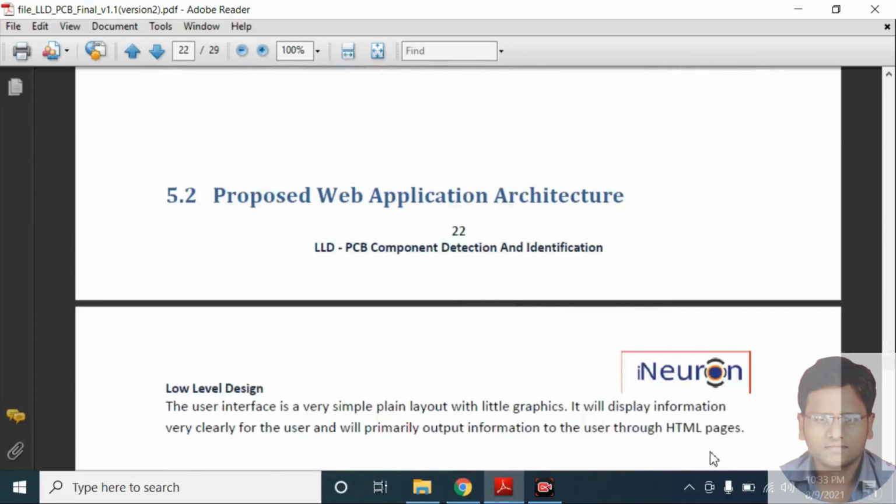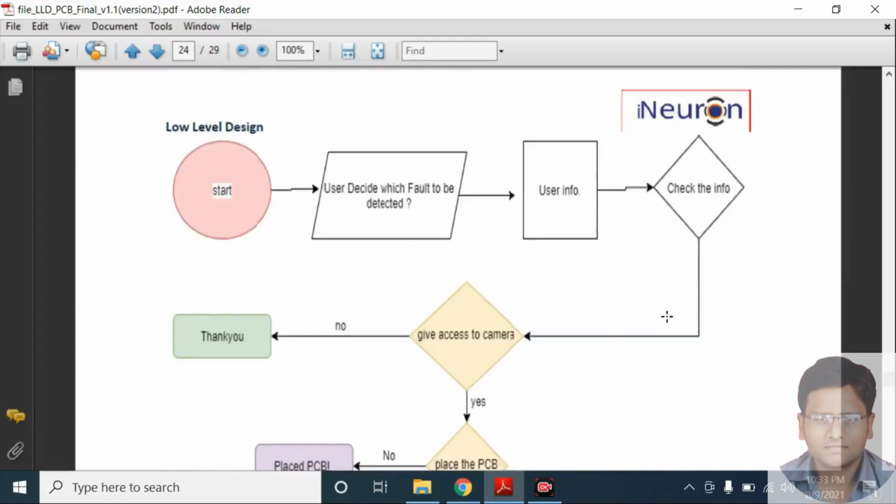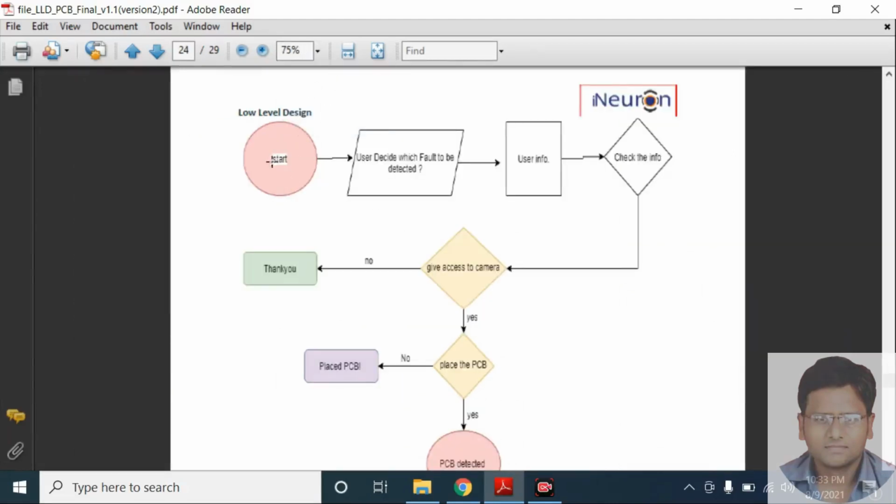Proposed web application architecture. We can see this is our proposed web application architecture. You can see here, this is the start position.